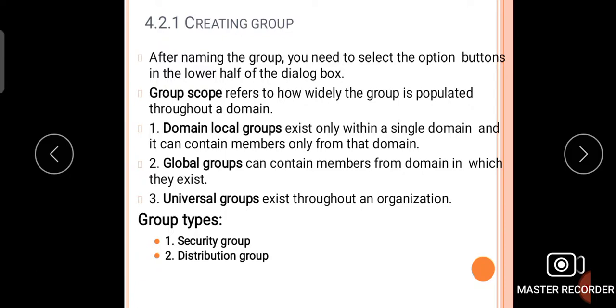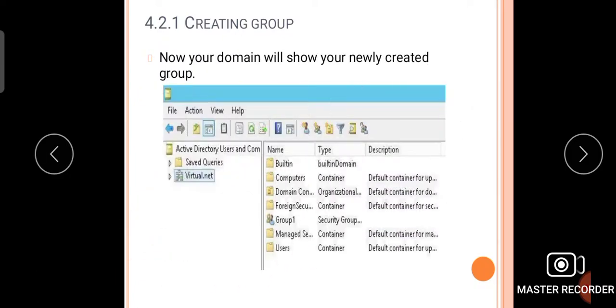A global group can contain members from the domain in which it exists. And a universal group exists throughout an organization. And here is the group type: security group or distribution group. Now your domain will show your newly created group. So this is our virtual.net with the newly created group.